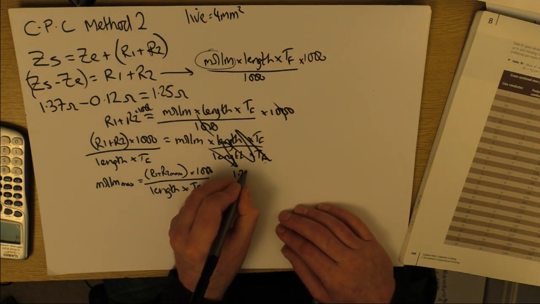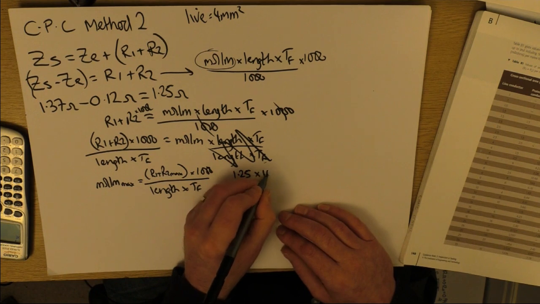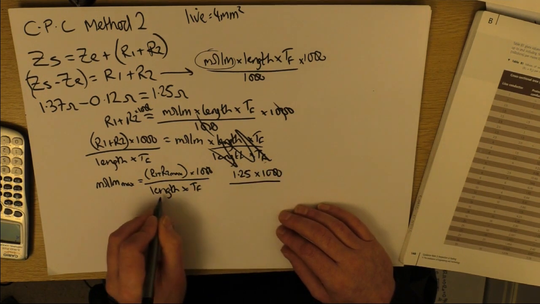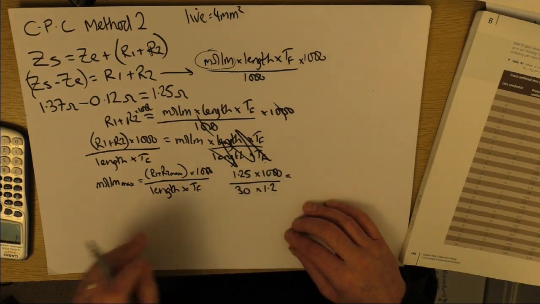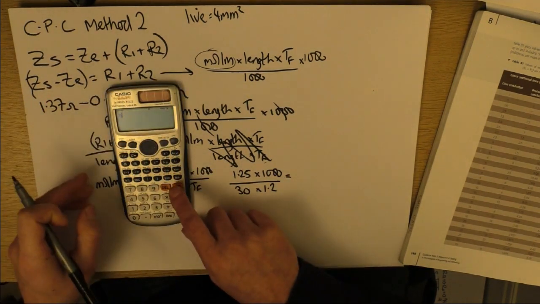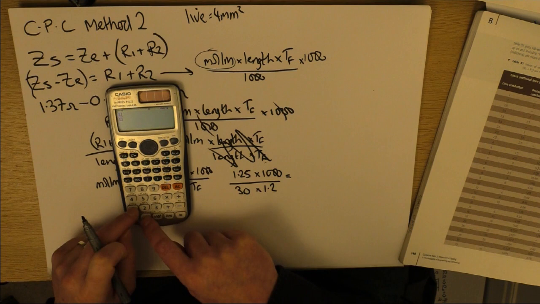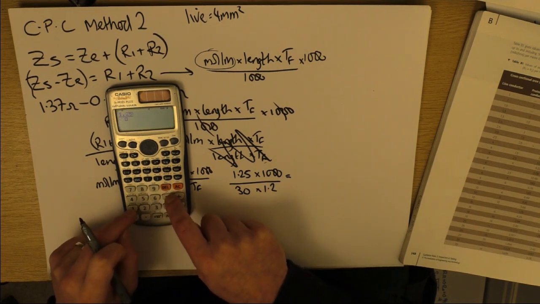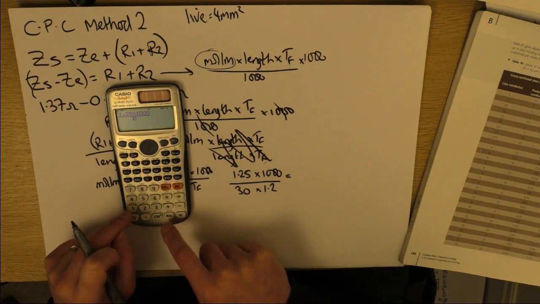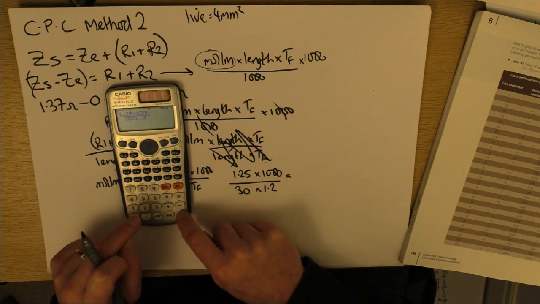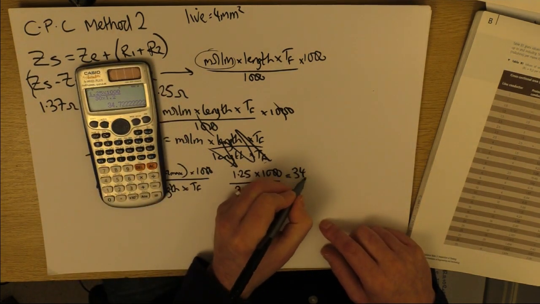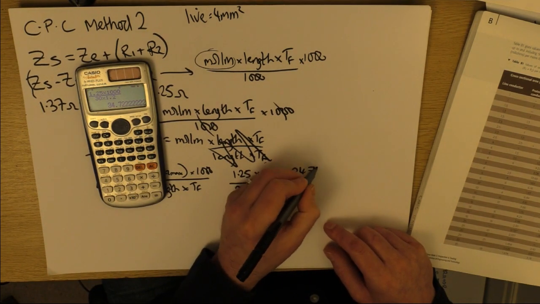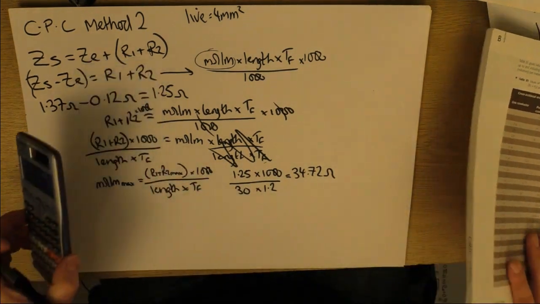So it's 1.25 times 1000 divided by length times the temperature factor. So our maximum milliohm per meter value then, 1.25 times 1000 times 1.2. So our maximum milliohm per meter value, 34.72